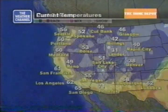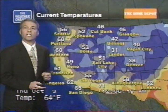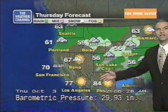The unseasonably cold weather will continue right now out there in Denver. It's 38 degrees, Lander 31. Had many record low high temperatures this morning. A record low temperature in Williston down to 14 degrees. So some cold, cold stuff. What about that forecast? Well, the forecast does call for some improving weather, if you like, sunshine and less wind